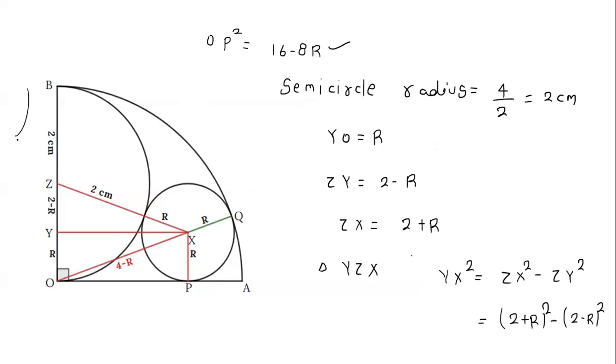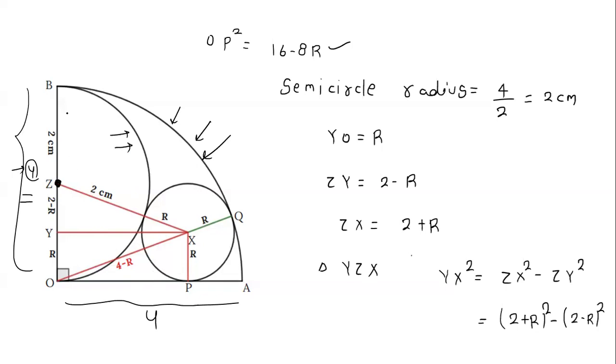You can also see that this is one semicircle, and we know this OA is 4. So this OB is also equal to 4, because this is also equal to the radius of this quarter circle. Now we know Z is the center. Here we are assuming Z is the center of this semicircle. Let's say this semicircle radius is R dash. So we know this distance is R dash and this distance is also R dash. So we can write 2 times R dash is equal to 4. So we can find the radius of the semicircle as 2 centimeter.